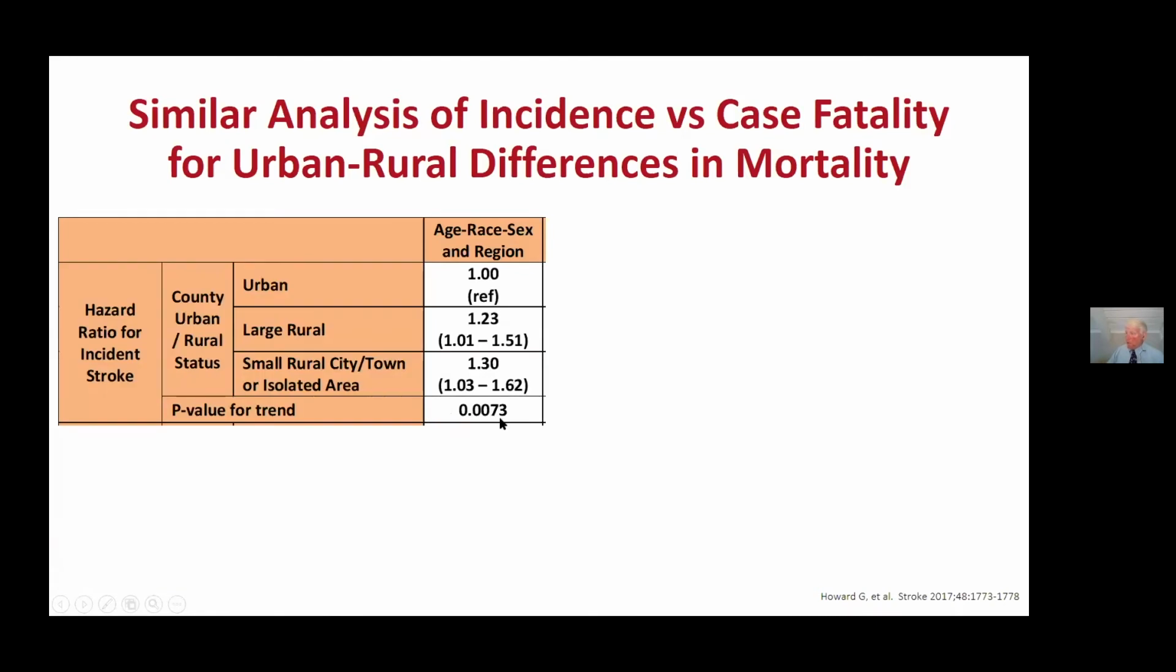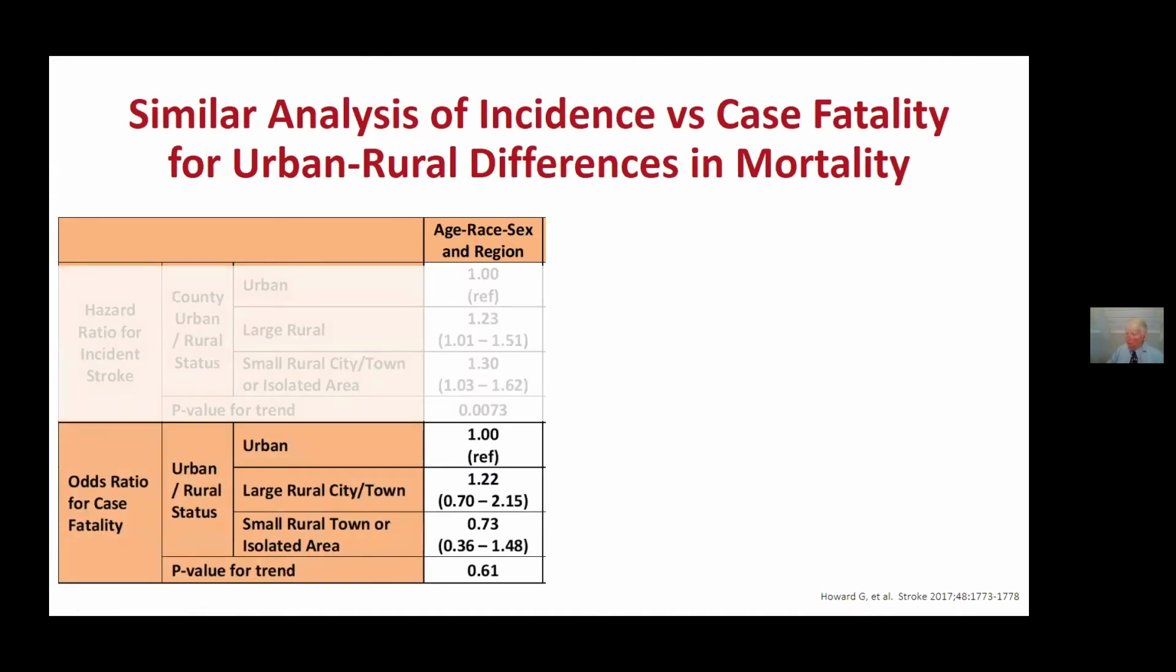And that trend is highly statistically significant. And so as you move from the urban areas out into the country, you're at higher risk of having a stroke. Again, the same game. How about case fatality? Compared to people who had a stroke in an urban area, if you